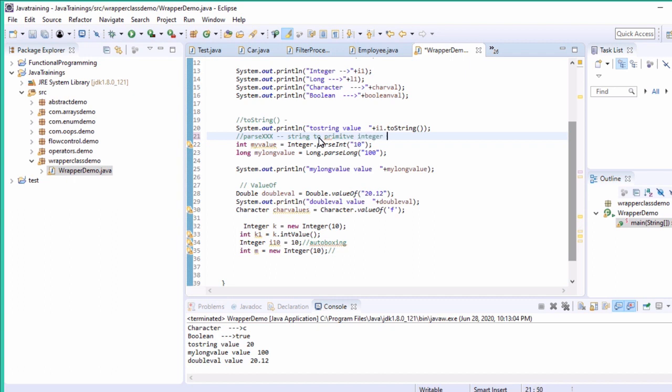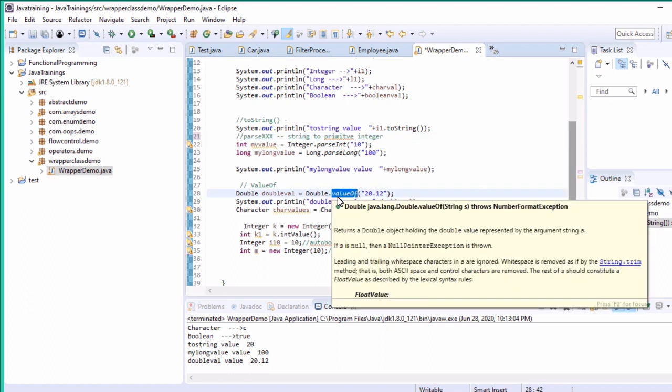If you want to convert a string to a non-primitive integer, meaning a wrapper class, then you need to use valueOf. valueOf is a method where you can convert your string into a wrapper class. If you want to convert your string into an Integer wrapper class, then you have to use Integer dot valueOf.